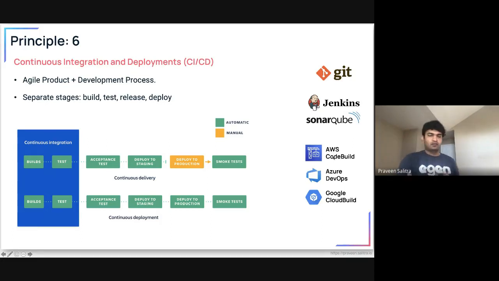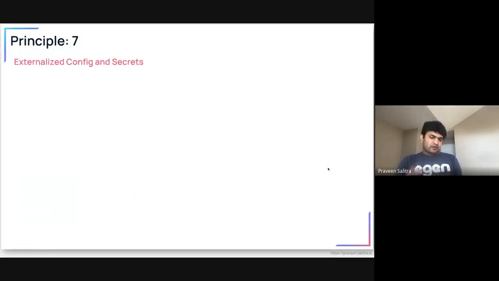You only pay for the number of minutes you are using it. So let's say you are building your Java app and creating a jar file out of it, probably it's going to be done in a couple of minutes, and you only pay for those 2 minutes. Pretty cheap rate there. Another thing, from an engineering or developer perspective, actually, is to move the configuration and the secrets outside your app or the code base of the app.